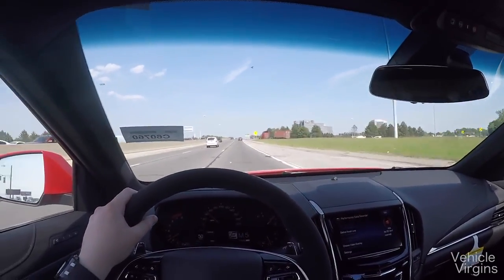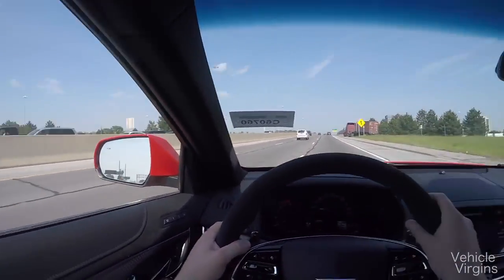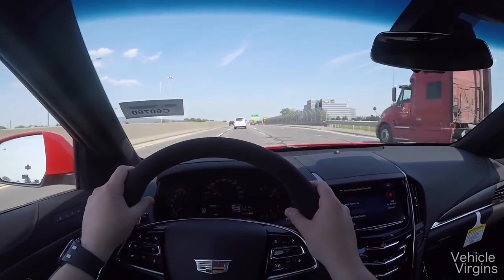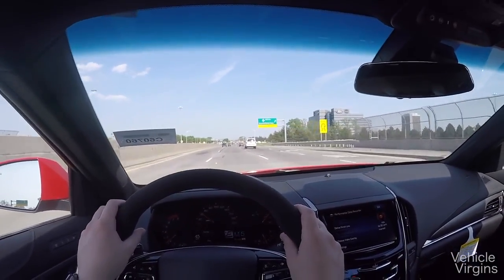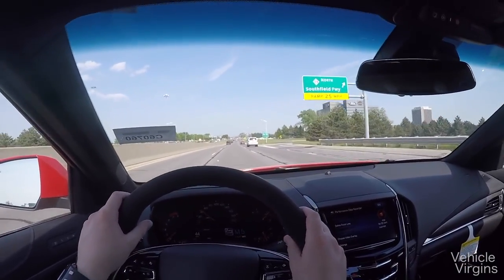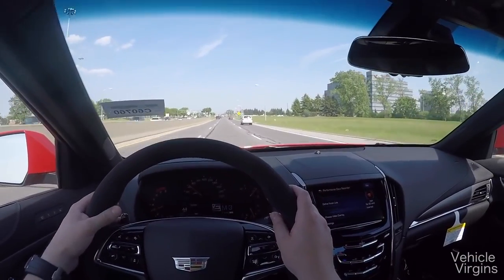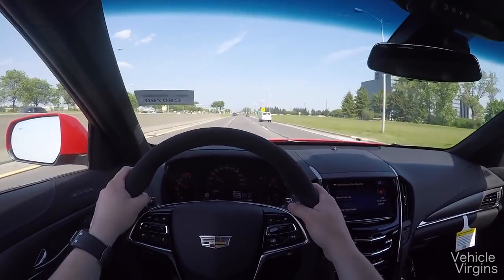It's fully automatic. It is not a manual in any way. It is not a double clutch transmission. Helps this car get better fuel economy. The car is very well isolated from the road. There's not too much road noise. There's not too much wind noise, but it does allow a good amount of intrusion in the cabin